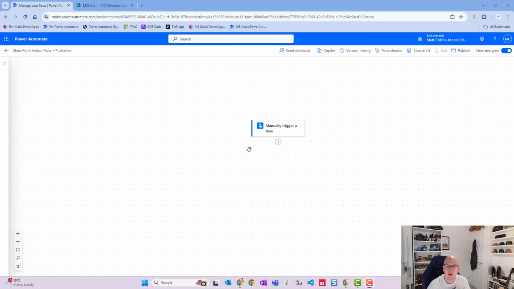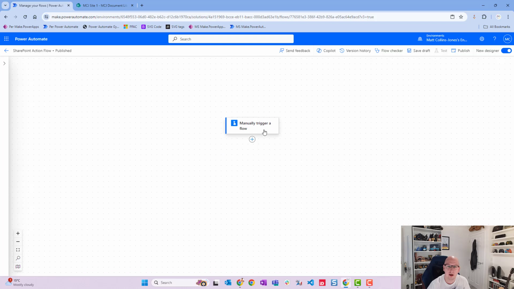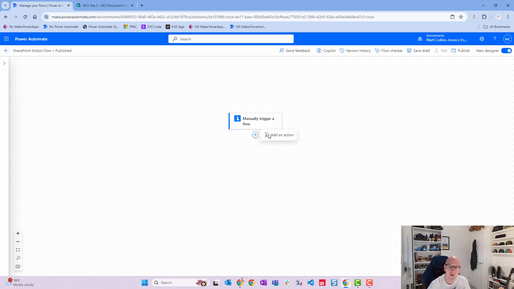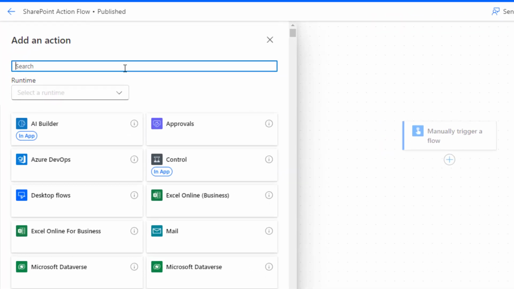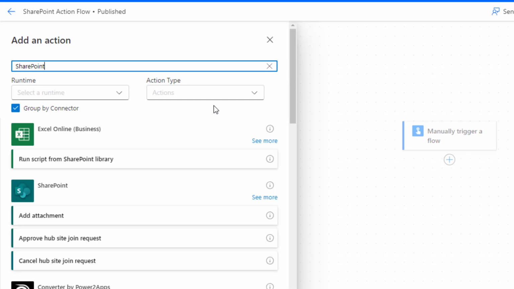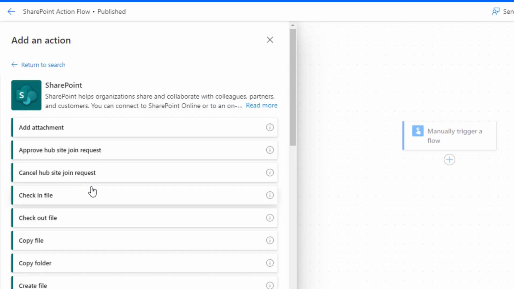I'm in the Power Automate designer here. I'm in the new designer. I've just got a manual trigger to start my flow because we don't need to pass any information to it. We'll hit the plus button and add an action, and we'll search SharePoint, spelled correctly. And then we'll wait. There we go. Click on See More when we find our SharePoint connector here,